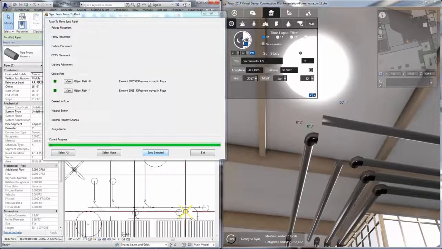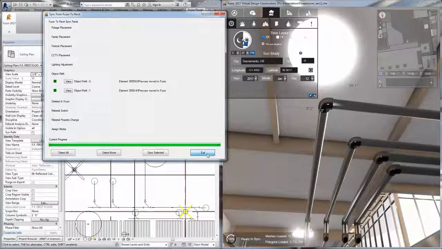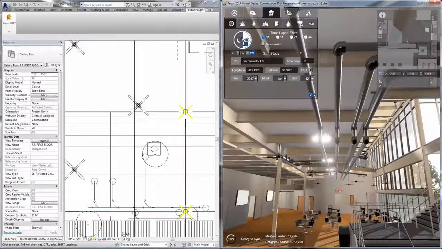What that's going to do is Revit's going to look at it. It's going to say, okay, I've moved those pipes. They should be in connection with the rest of these pipes, so I'll reconnect the pipes. Then Fuzor's going to say, oh, you reconnected the pipes, so I'll reconnect the pipes too. What that means for VDC, especially in terms of clash detection, is what I can do is go